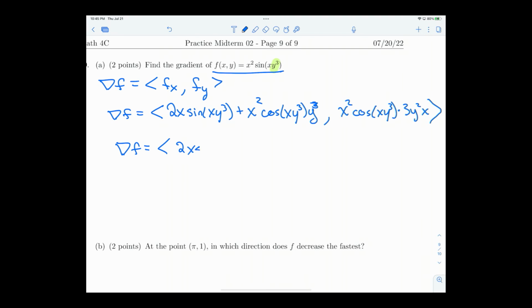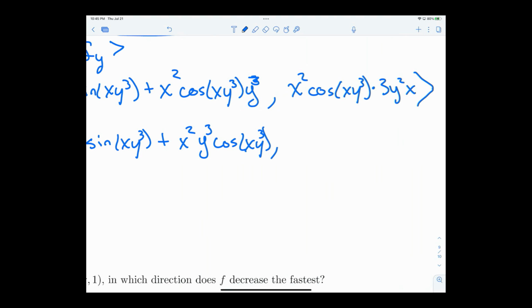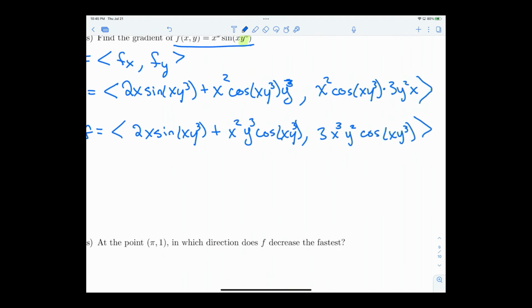There's not a lot we can do or would want to do to try to clean this up. I'll just put everything in front here. So like on the second one, we have a 3x cubed y squared cosine xy cubed. Okay, so there's your